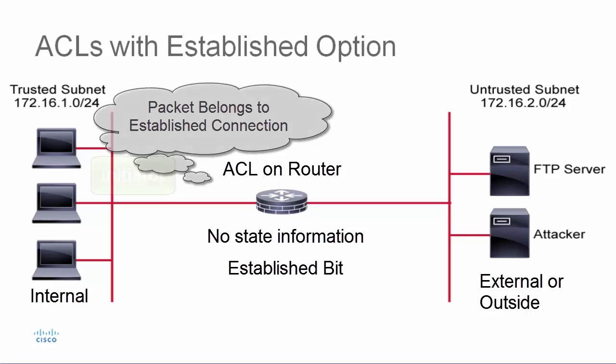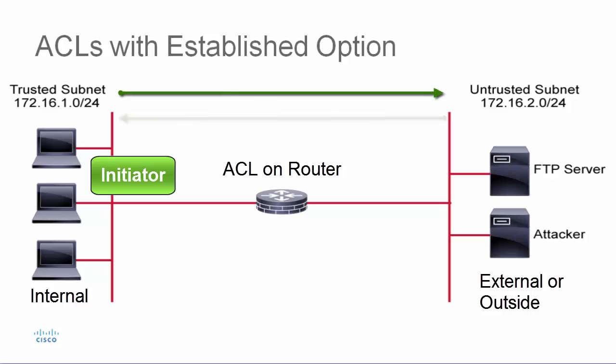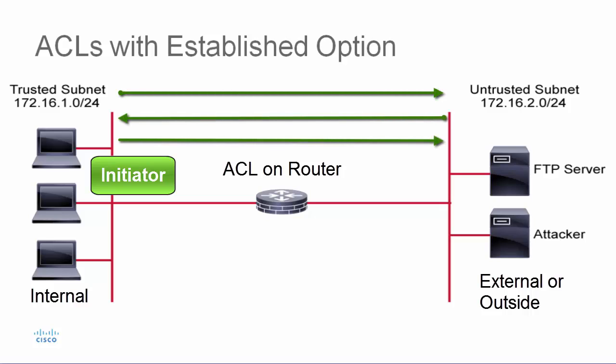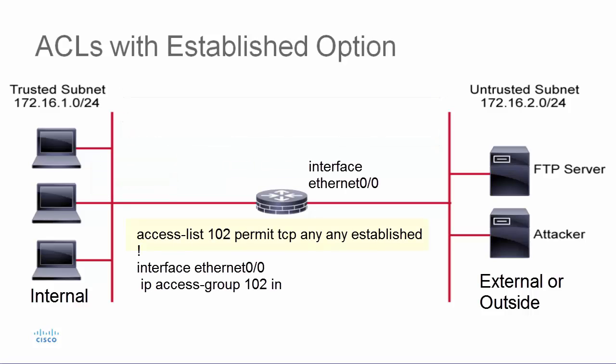This means that the TCP connection has completed the TCP three-way handshake: SYN, SYN-ACK, and ACK. And when looking at packets coming into a trusted network, it means that the connection was initiated from the inside to the outside. If we look at this example access list: access-list 102 permit tcp any any established, interface Ethernet 0, and